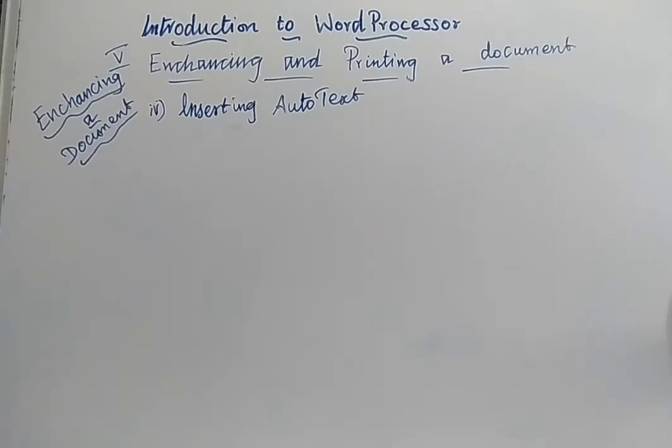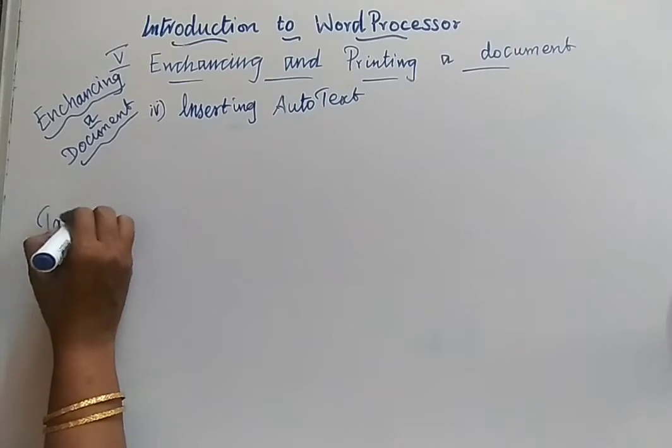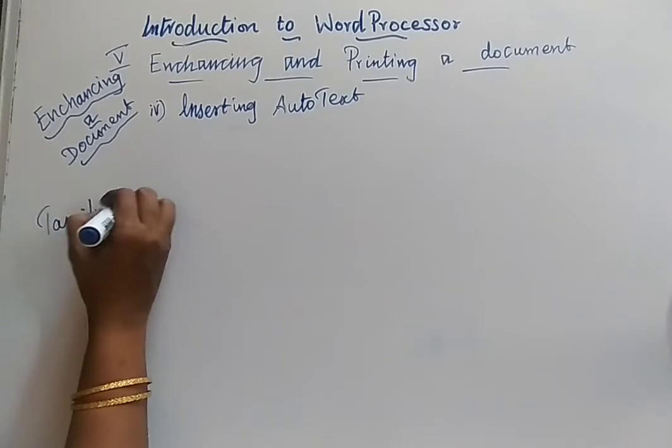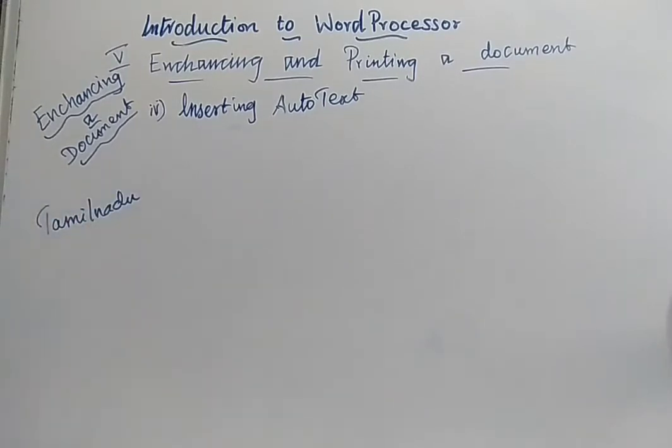So this OpenOffice Writer allows the user to assign text, tables, graphics and others to a key combination. So for example, just consider you are willing to type the word Tamil Nadu. So like this, you are willing to type. In your document, you are going to have many terms by this name.